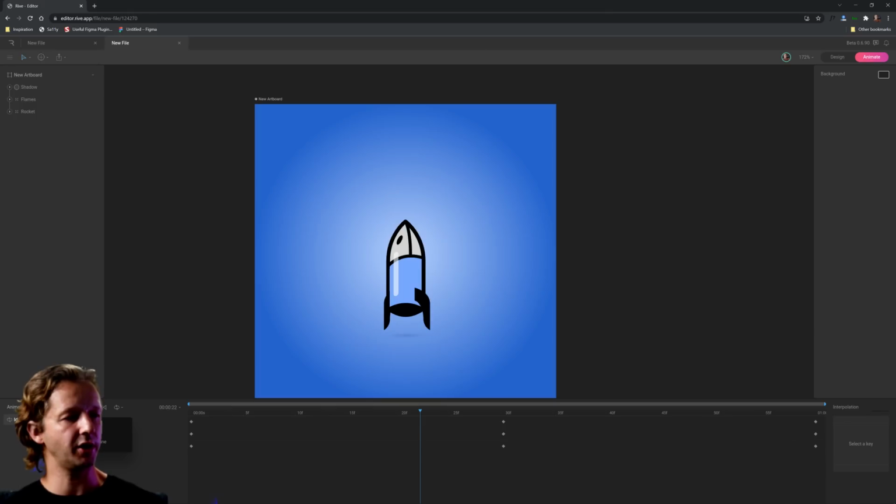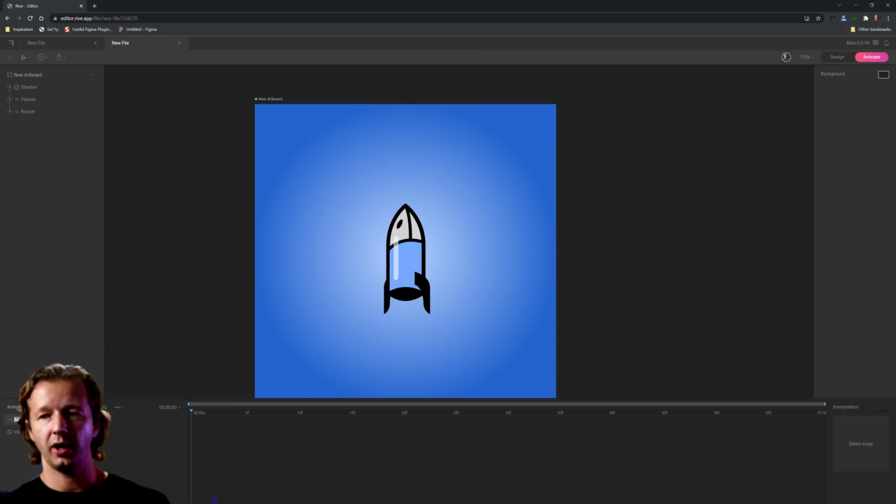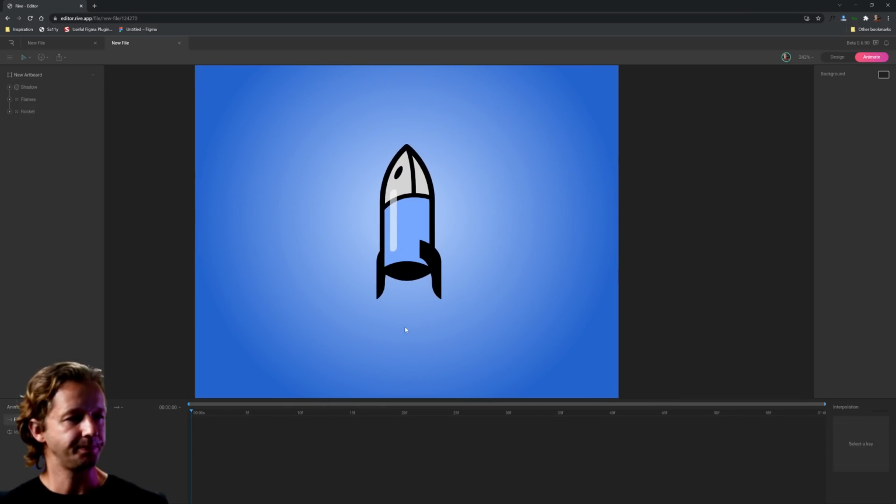And so now we're going to create a new one by clicking plus. Let me get that out of the way. Click plus, animation, and let's go ahead and create one where it shoots up a little bit and then rotates. So we'll call this one, what did I call this one before? Fire up. All right. Okay, so now